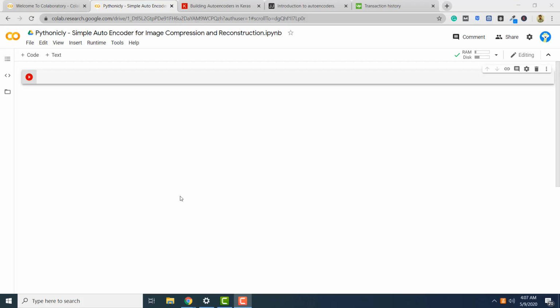In this video, I will show you how to create a very simple autoencoder for image compression and reconstruction in Keras. Autoencoder is a type of unsupervised deep learning algorithm that is used to basically cluster, group, or identify patterns in the data without the output labels. So in case of unsupervised deep learning algorithms, you do not have the output label. Rather, you just give it unlabeled data and the algorithm actually finds the pattern in the data and clusters the